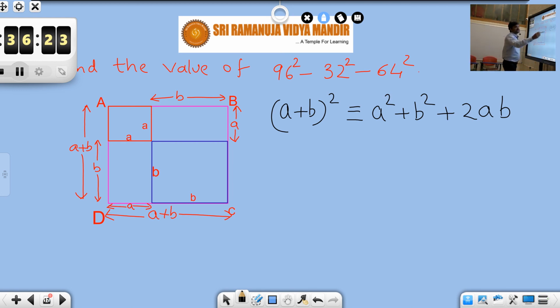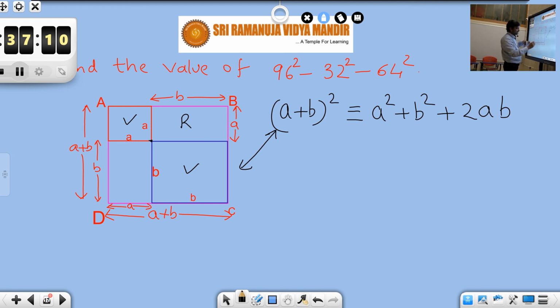Students, the equivalent geometric formation of this formula, see, consider a square whose side is A. Okay, so this is a square whose side is A, and consider another square whose side is B. If we join these two at the tip, over here, now they are forming a larger square whose side is A plus B. And this is a rectangle with one side as A and another side as B. Again, this is a rectangle with one side as A and the other side as B.